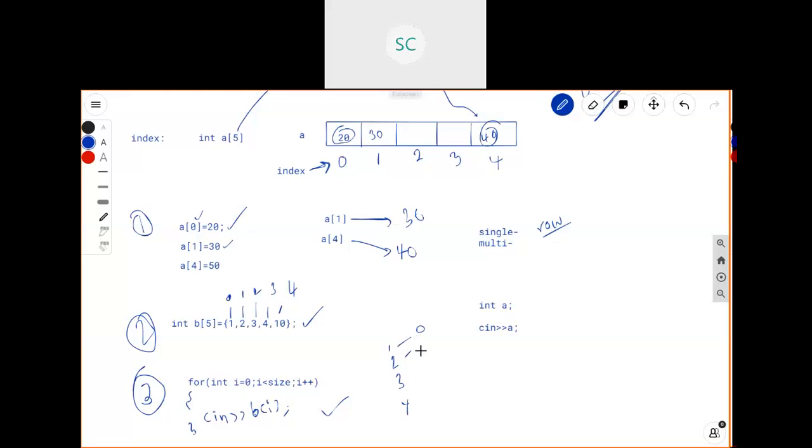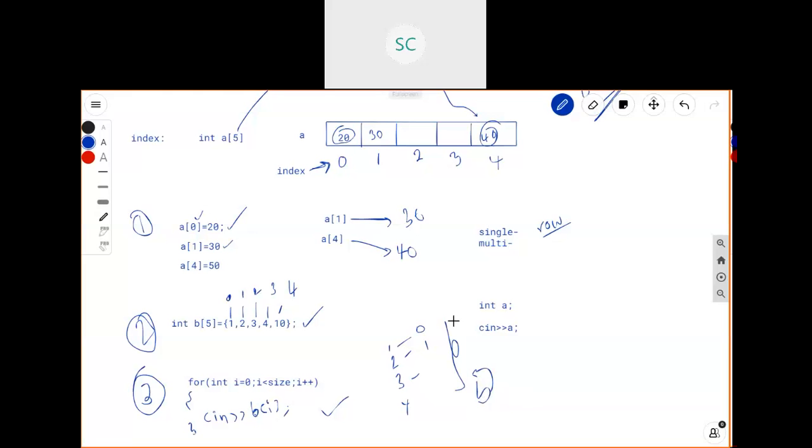Index position 1, the second value is stored. Like that the loop repeats and stores within array b. By using this loop, the user can enter data from the keyboard. This is the third way you can assign values into your array.